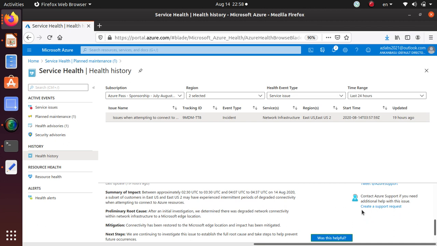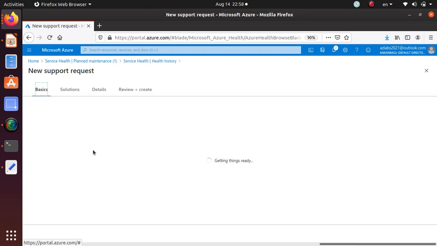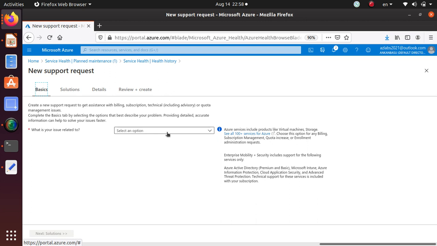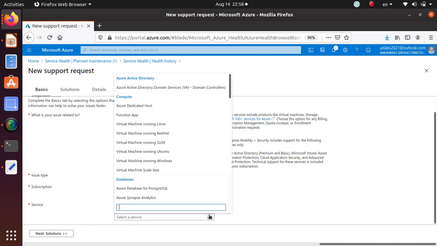And at the same place, if you want to connect to Azure support, you can create a support request, and that's also very easy. Just click on it, and depending on your service plan, you choose different things, like your services, issue type, and fill out your forms. They're pretty self-explanatory.